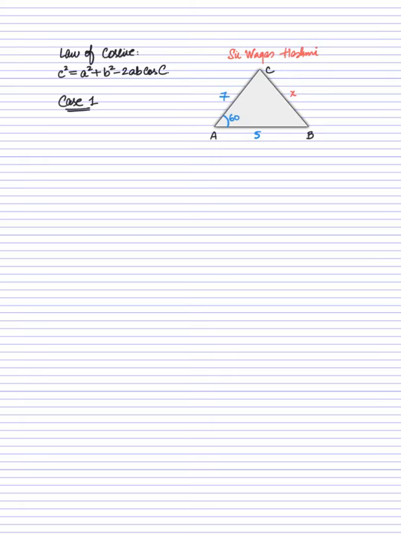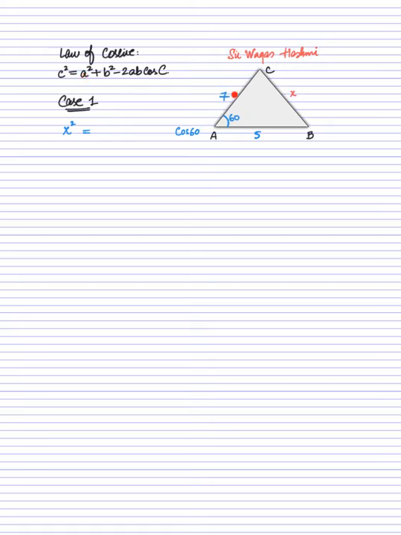We need to understand the method behind this working formula, alright? So firstly, I will pick the angle. The angle is 60, so I will use cos 60 equals. On the left side of the equals sign, we need to place the side that is opposite to that angle, and that is x. So I will write x square, because you can observe the pattern to write the working formula: all the sides are in perfect square form. Alright, x square equals.